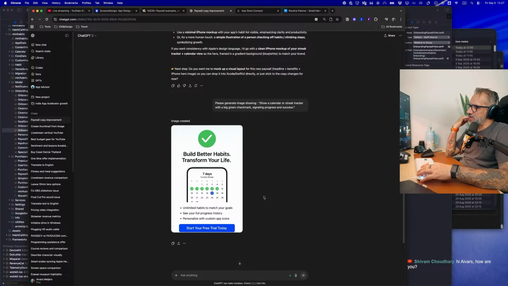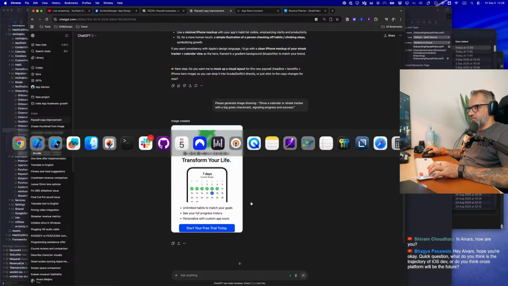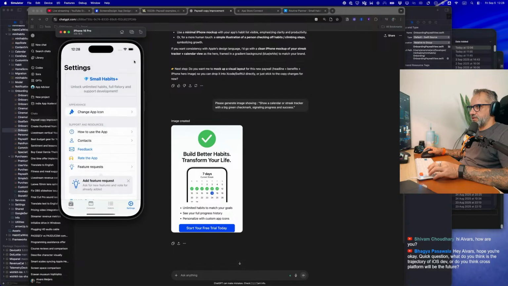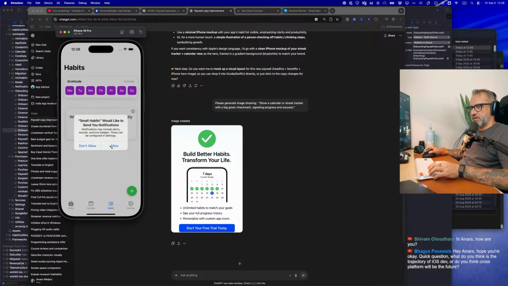Oh, interesting, actually. That calendar, this view actually looks kind of interesting. It doesn't really work because ChatGPT is basically creating half of the app here, but I can do that thing by myself by opening the calendar. Basically we have, let's add a new habit. Let's say,